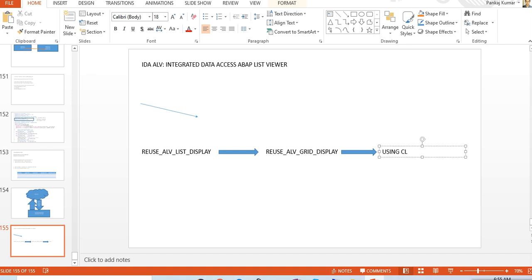So using CL GUI custom container, we can display the ALV grid, right? And then if you see further, we are having one more, CL SALV table, right? Using CL SALV table, it's very handy, no need of having the field catalog and all in detail, right? So without field catalog also, at least for the basic requirement, we can display with the help of CL SALV table, right? And then if we come further, then we are having